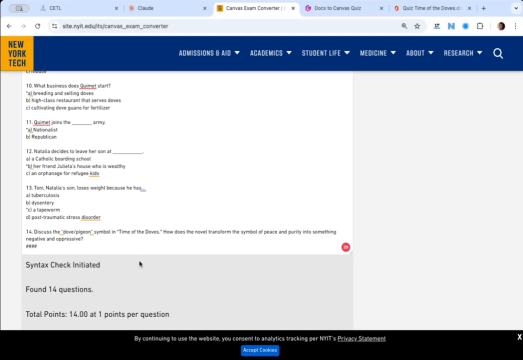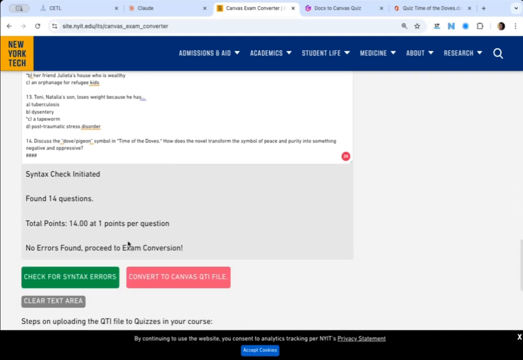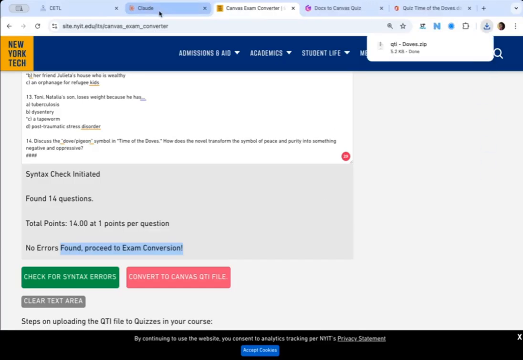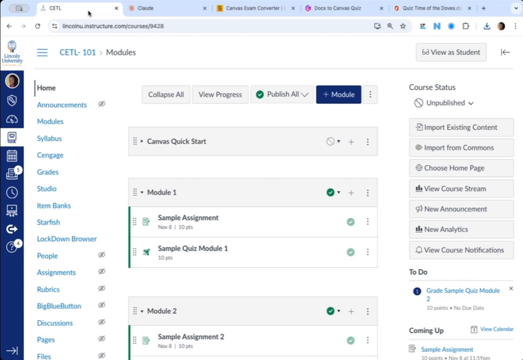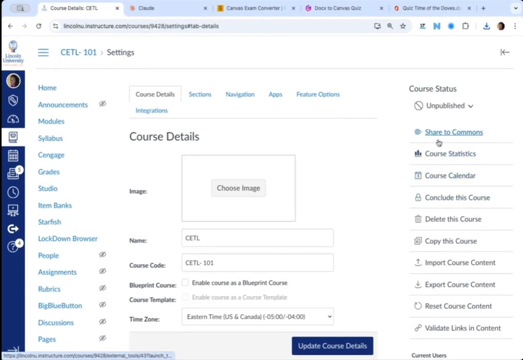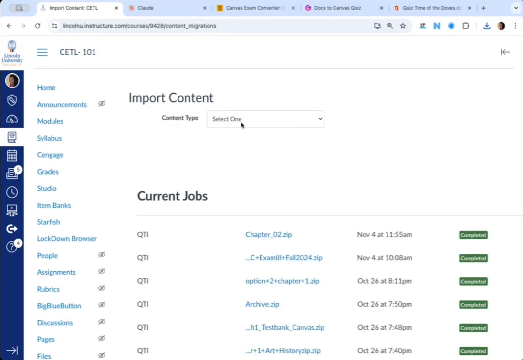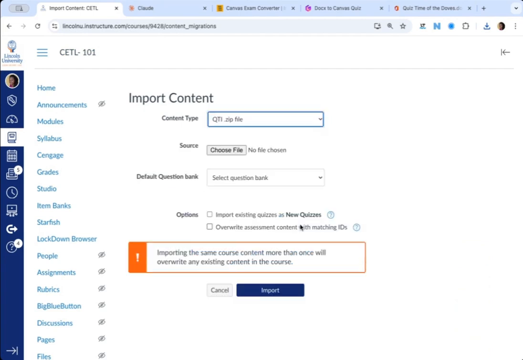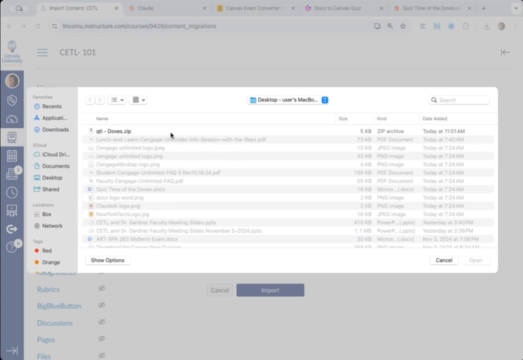I'm going to check for syntax errors, and it looks like no errors were found, so I can now convert this to a QTI file. There we go. That has now converted it to a QTI file. We're going to go to our course, go to the bottom to settings, and then from settings we're going to go to import course content. From there, content type, choose QTI zip file at the bottom, choose our file that we've just downloaded